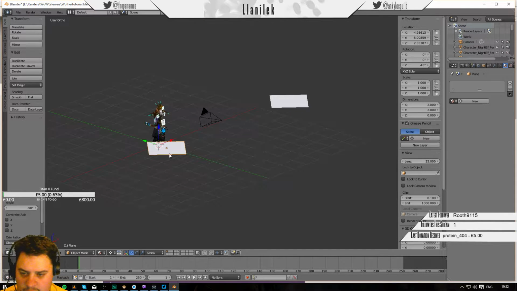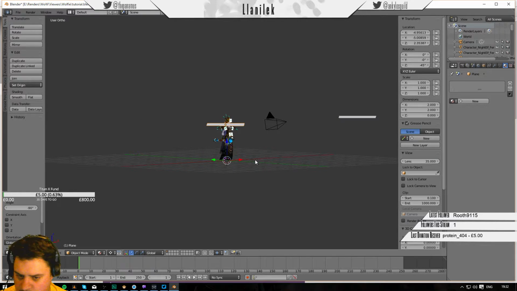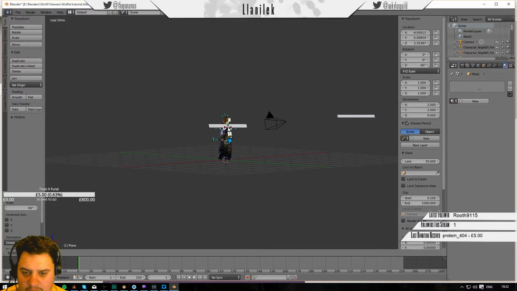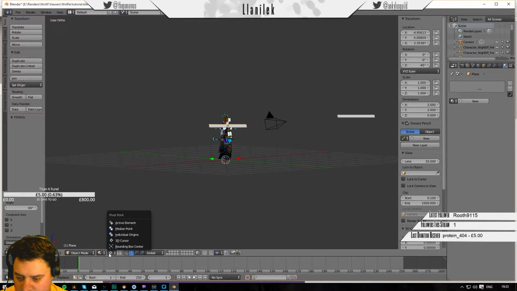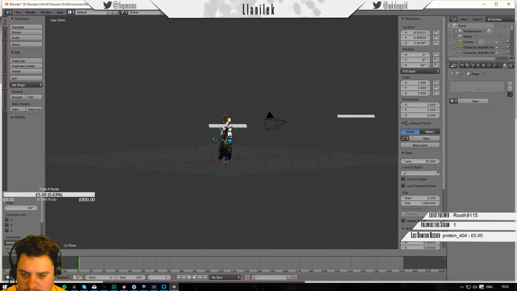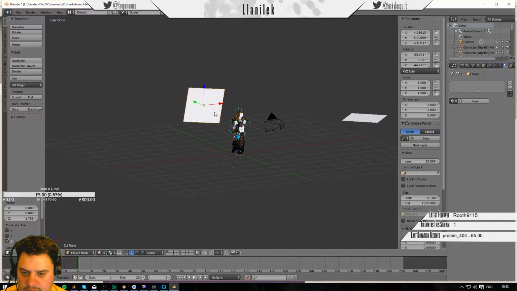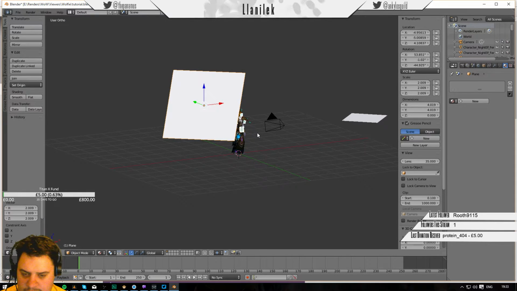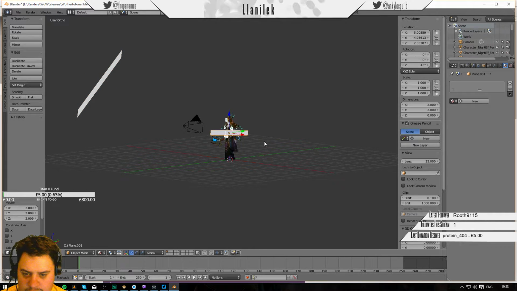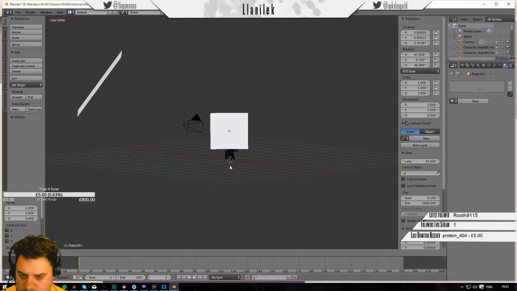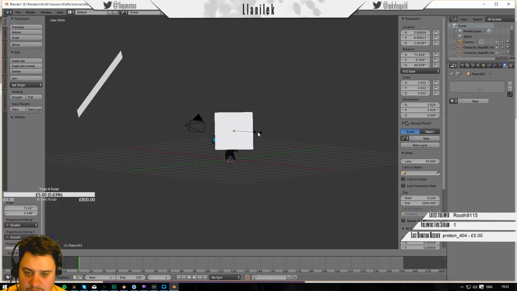3-point lighting system. What we need to do is line ourselves up in between there, and if you put your mouse just underneath and press R twice, and then, oh, never mind that, change the pivot point back to medium point, and you press R twice and then pull down just so it gets to a nice angle facing the model, and press shift to scale it up a little bit, and then we're going to move to the other one. I'm going to double tap R, pull down, scale up,